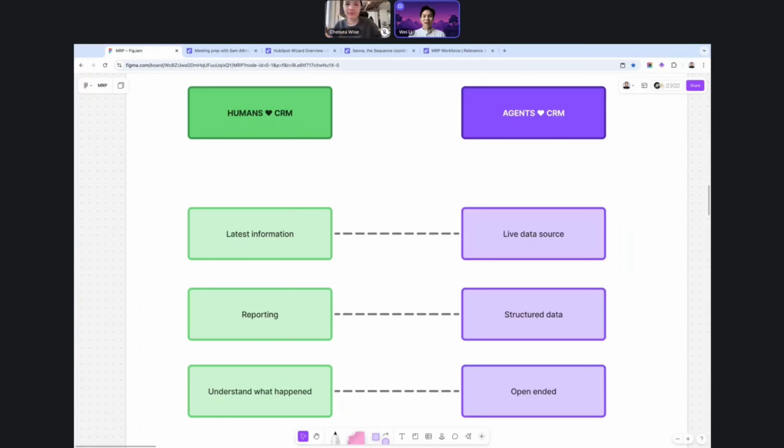And because it's a spreadsheet, it's really good for reporting, right? It's good for understanding what we've done over the past months or weeks, or all the interactions we've had with our customers and our data, to be able to report on, say, the customer health or how many times we've emailed someone. And so that's why humans love CRMs.